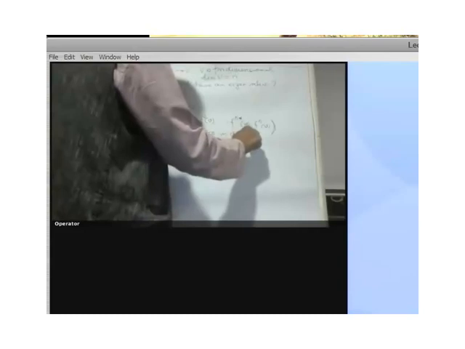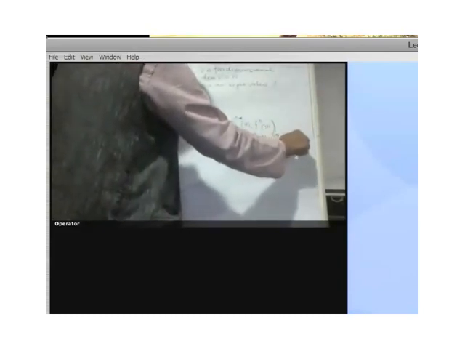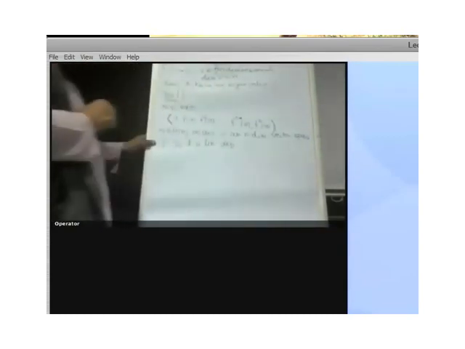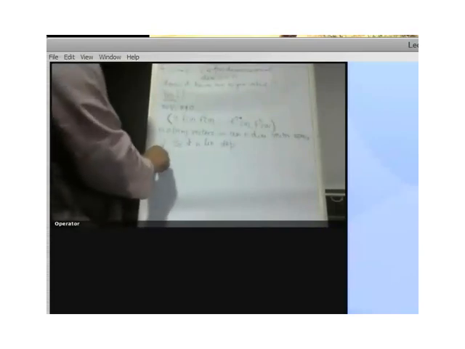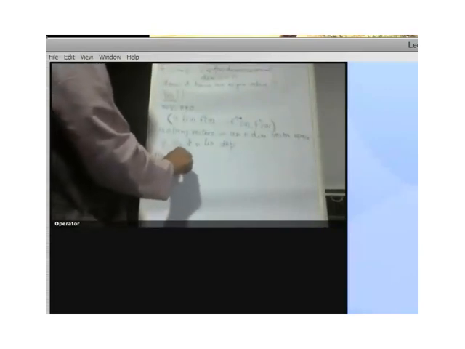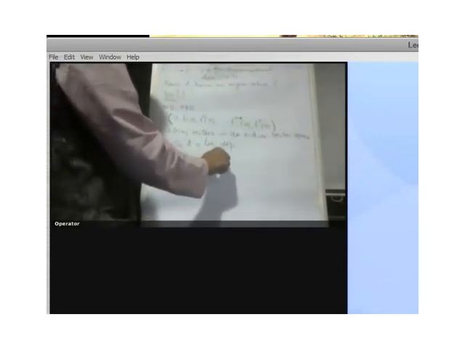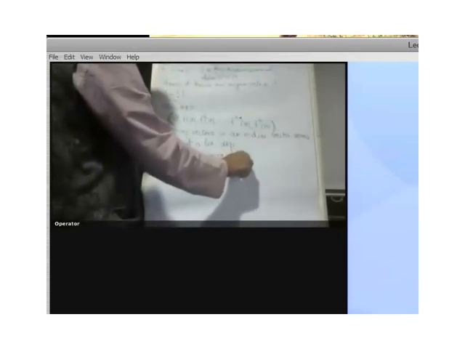In an n-dimensional vector space, so it is linearly dependent. So hence, there exist scalars such that